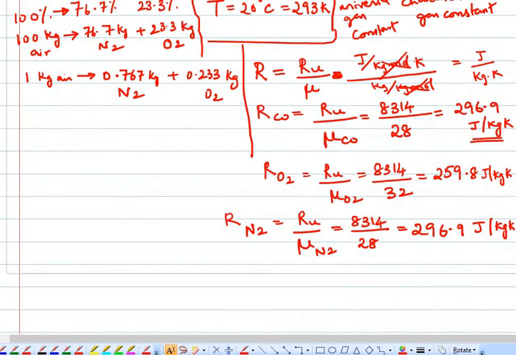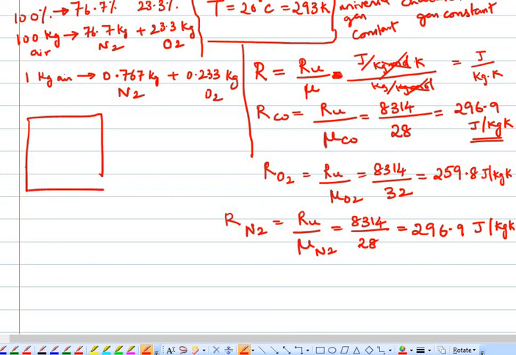So now we have to understand what is partial pressure. In the problem it is given as a container of some volume. Here I am having carbon monoxide, oxygen as well as nitrogen at some pressure P. But if I consider the same container,